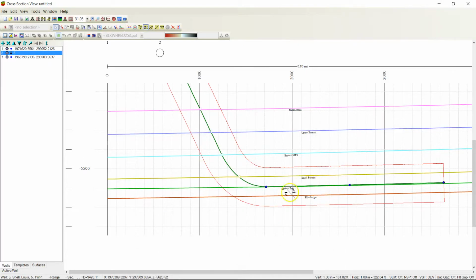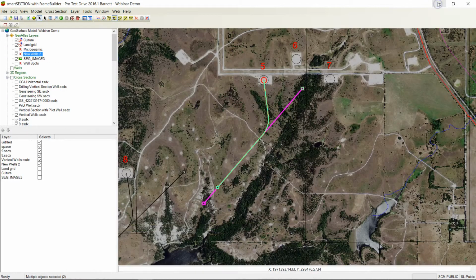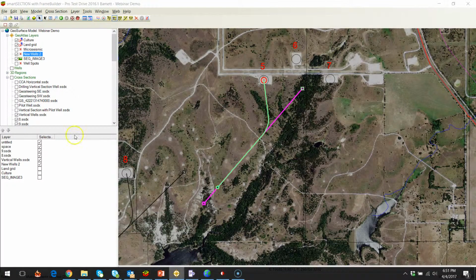Now, before I get into a little bit more detail, let me show you how to do this from scratch, because some of you folks are asking, this is great, Nikita, but what if I want to put a well into the database? Well, how do I do that and then go from there? Good question. In fact, let's go ahead and explore that. I'm going to minimize this, and I will open up